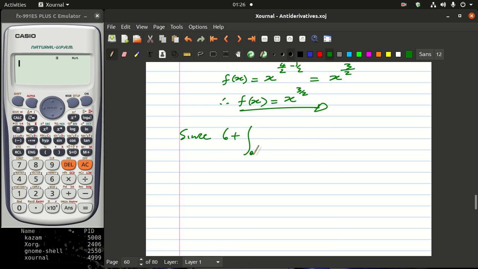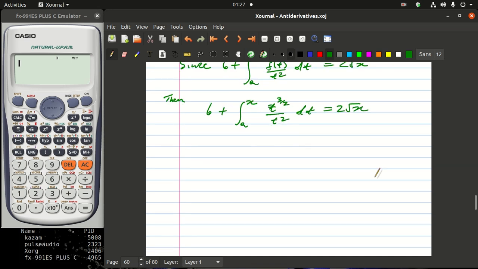Since 6 plus the integral from a to x of f of t divided by t squared dt is equal to 2 times root of x, then 6 plus the integral from a to x, f of t is saying plug in t in the value of x, so we'll end up having t raised to 3 over 2 all over t squared times dt must be equal to 2 square root x. And then once you work this thing out, let's first